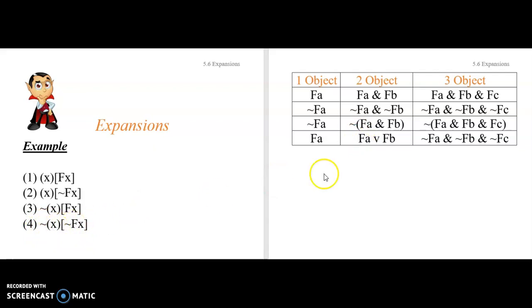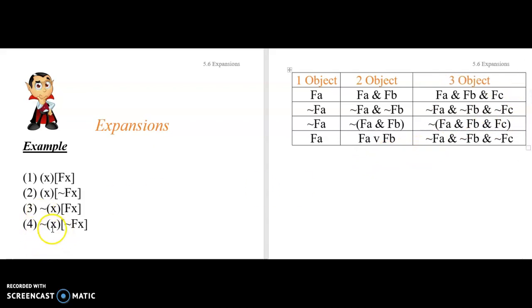It's not the case that everything lacks it. So if I've got two objects, that's to say either A has it or B has it. It's not the case that everything lacks it. So one of these two has to have it, possibly both, right? Okay. And similarly here, if what you're going to do is just think of 4 as the negation